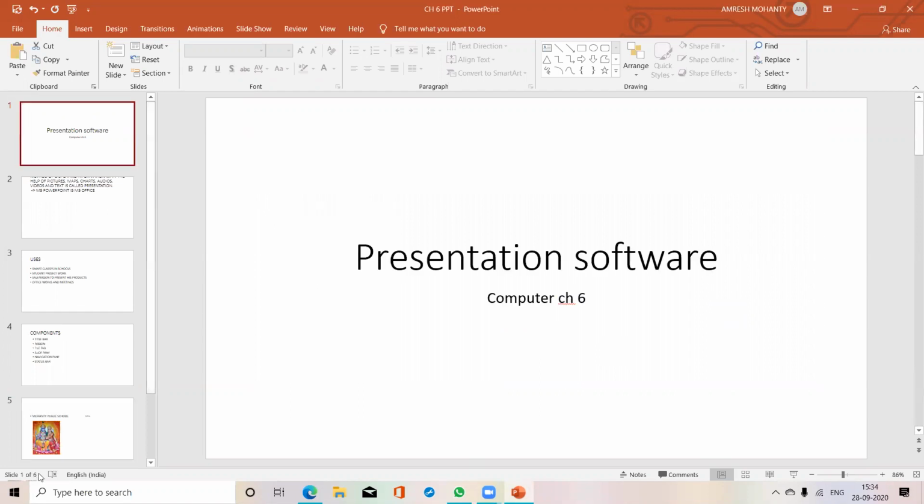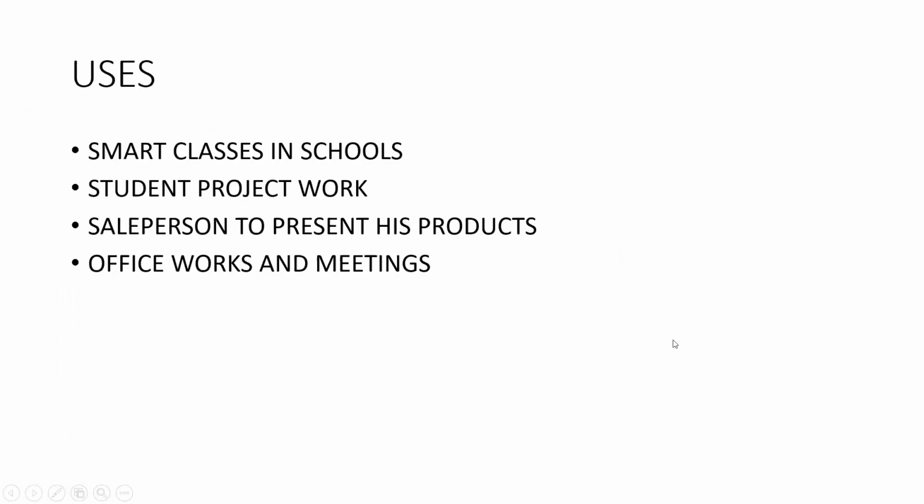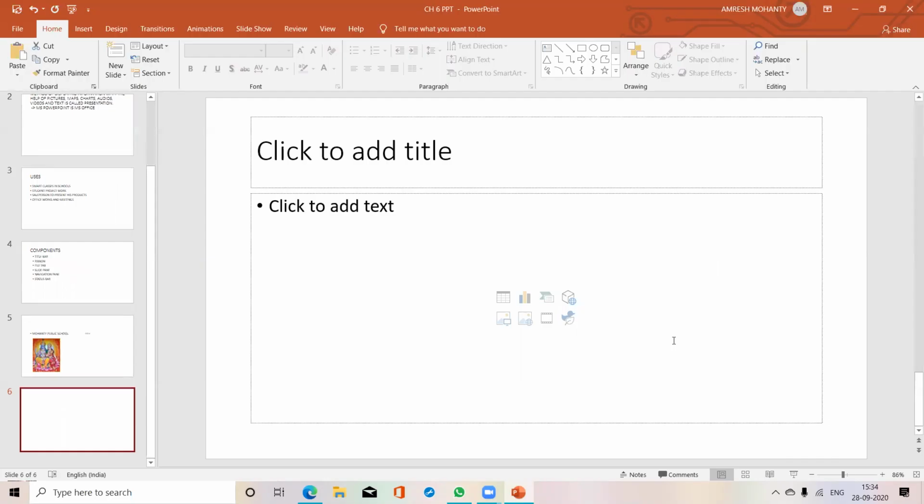You just go to the slide pane and click on this slideshow. You can see over here it is showing slideshow. Just click on it and it will show you the total slides you have made. The total presentation will be shown in an arranged manner, how you have prepared your presentation. So you have to go to the slide pane and click on the slideshow button.